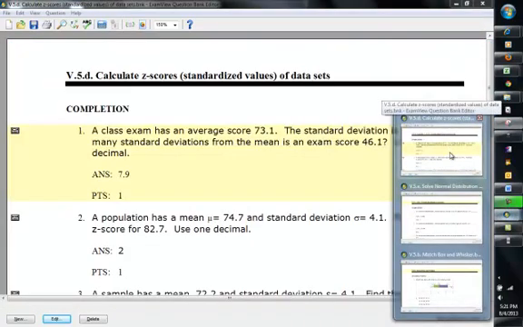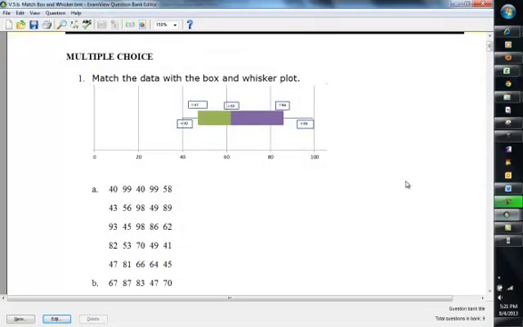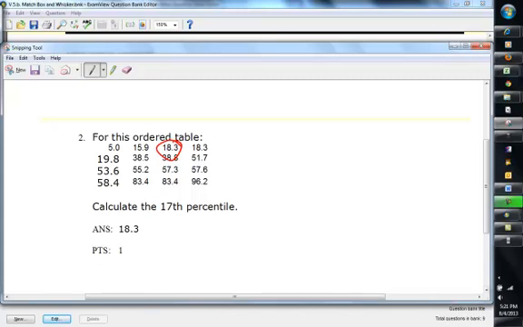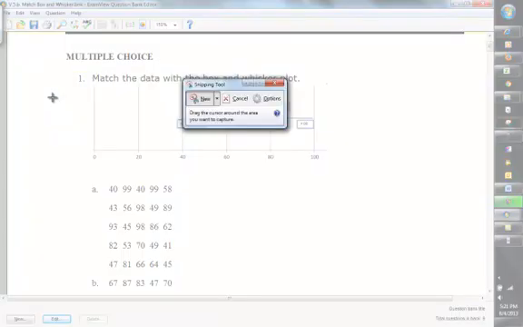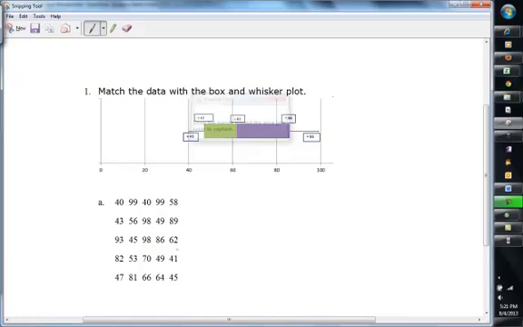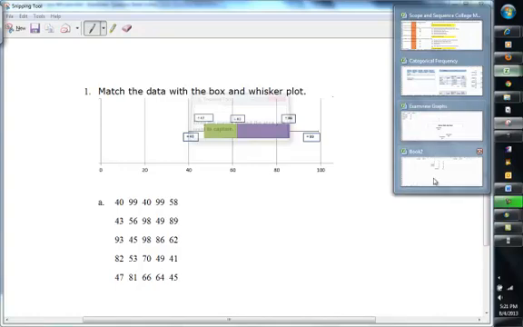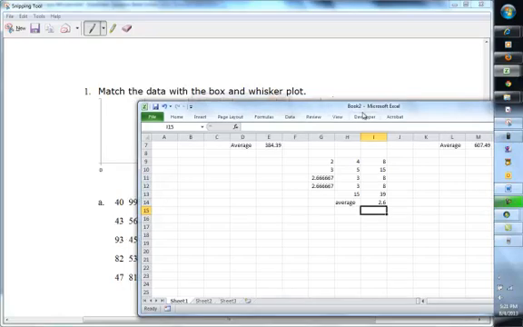Calculate z-scores. Oh, let's match box and whisker plots, though that's pretty easy to do. In order to find the box and whisker plot, what you need to do is to find the values for the data set and then see which one matches that data. Okay, let's see here. So in this case, we've got 25 values. You know what would be the easiest to do? Would be to just copy these into Excel and use Excel to find our